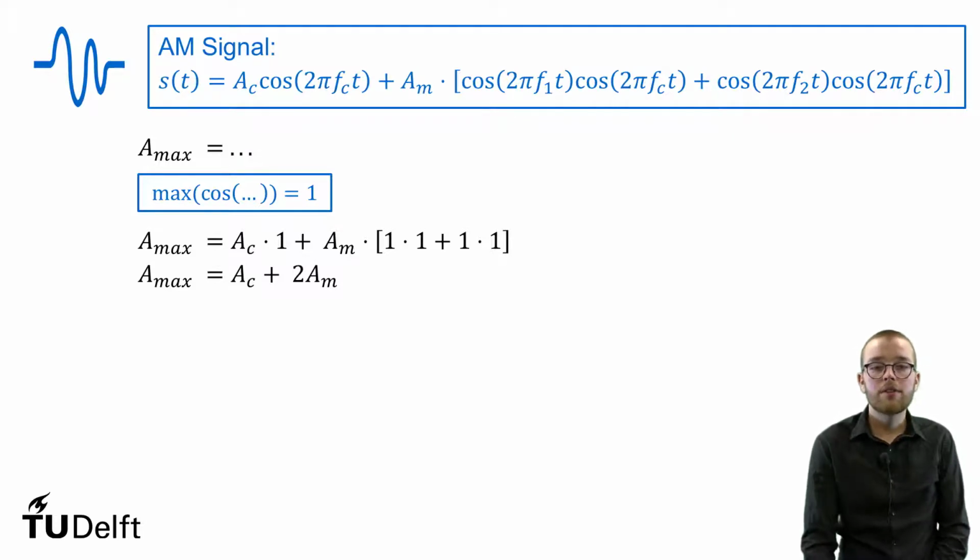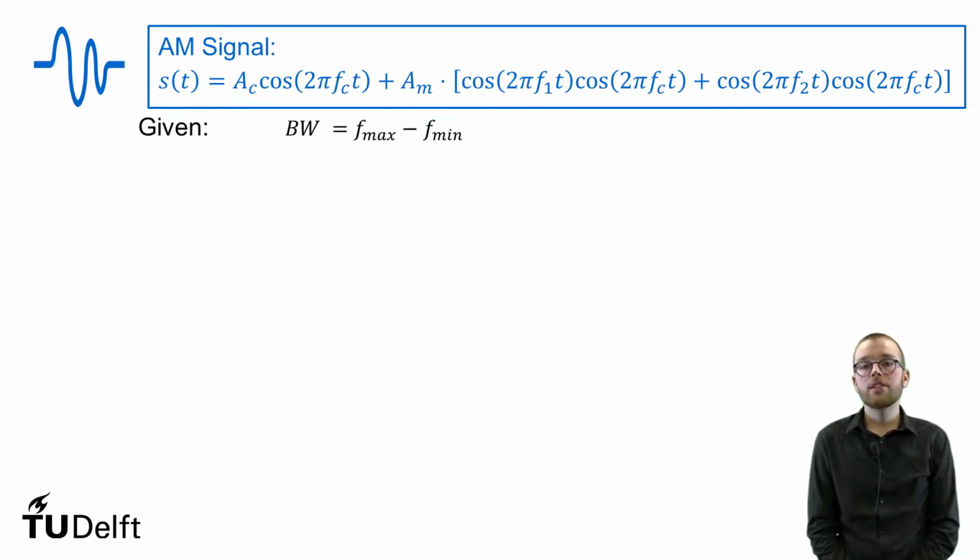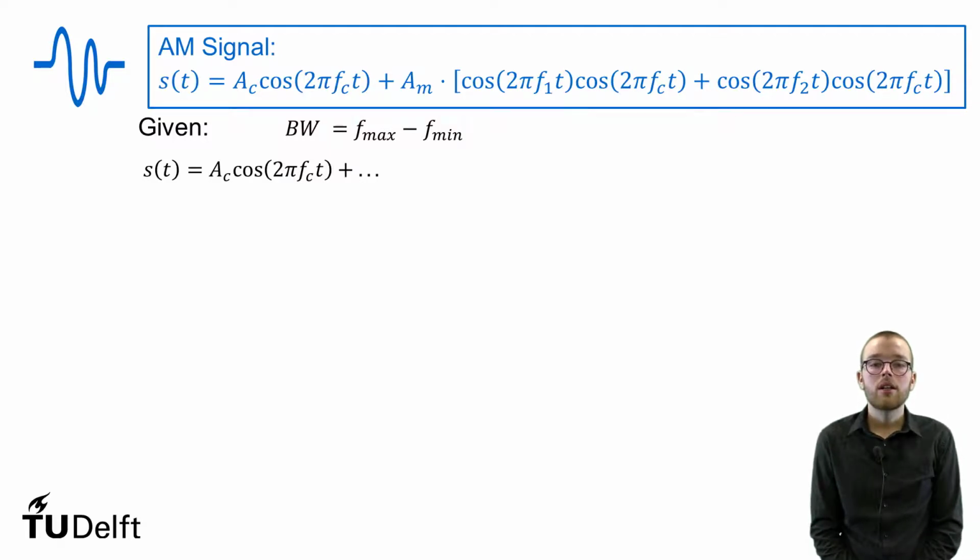For the final part of this worked example, we want to determine the bandwidth. For radio signals, the bandwidth is the difference between the highest frequency and the lowest frequency transmitted. Or in other words, the difference between the highest and lowest frequency in our AM signal S of t. It describes the frequency range that is needed in order to transfer a certain amount of information, like our simple song.